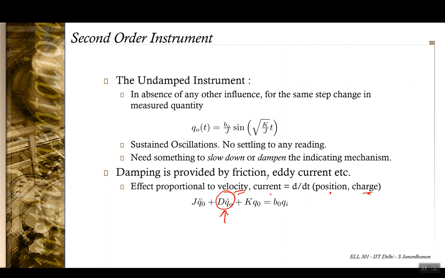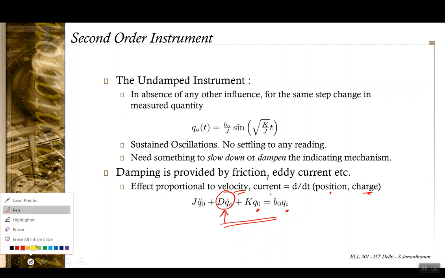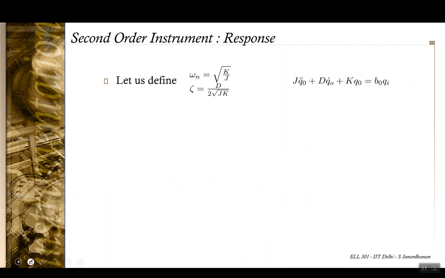So as a whole, you get this second order differential equation that is relating the input quantity that is to be measured, and the indicated value of the instrument. Okay, now let's go ahead and see what would happen in this case. So we have this second order differential equation, and to simplify things and to get a standard notation,